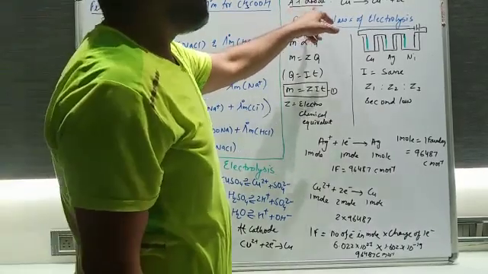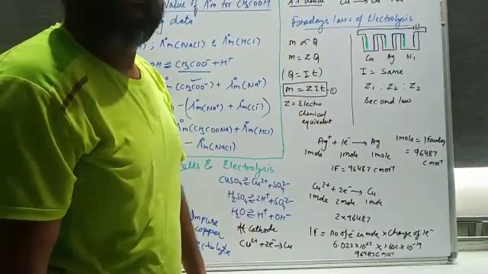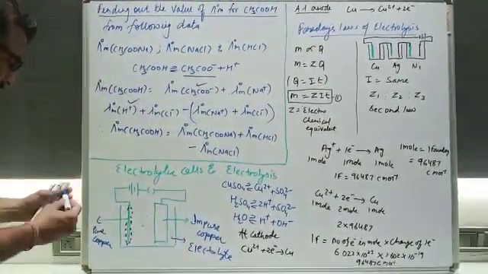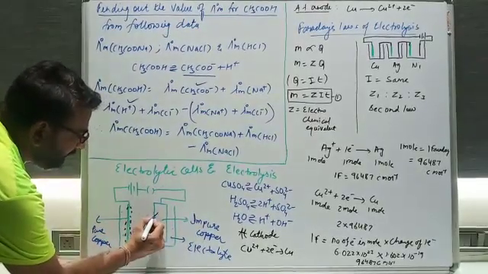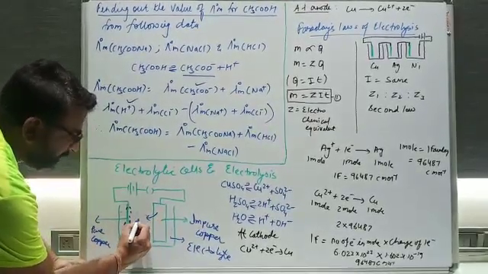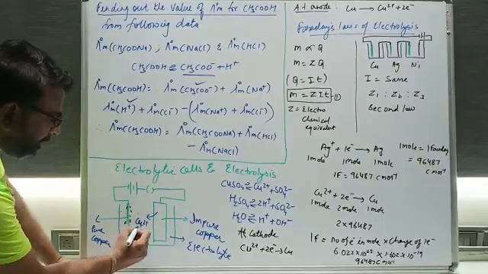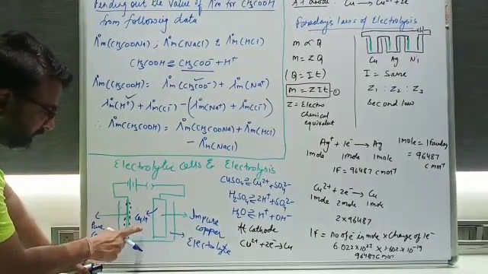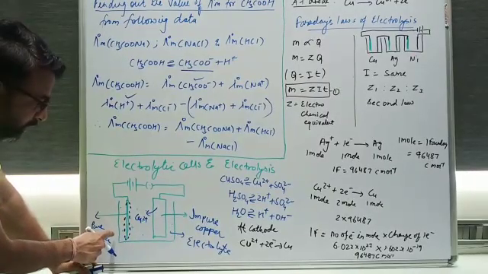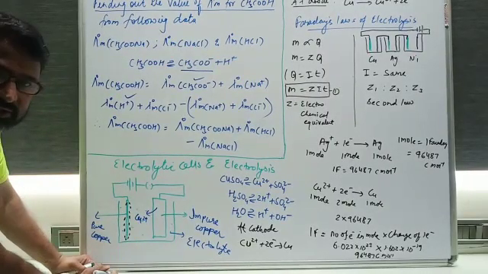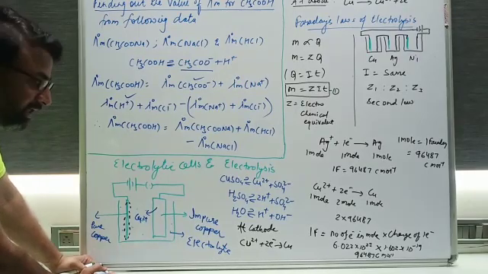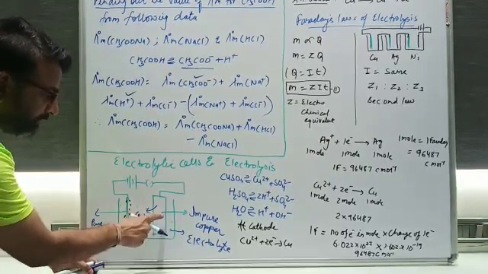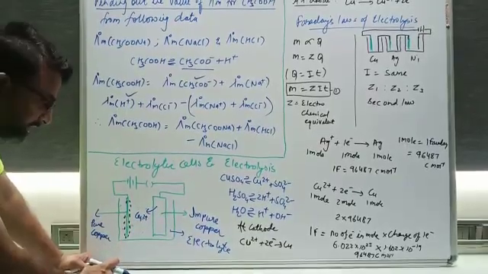So now the same thing: what is the reaction at the anode? So reaction at the anode means what? And here you'll see that this impure copper will come in the form of copper ion. Why will it come in the form of copper ion? Because from the solution the copper ion has been deposited on the cathode. So the solution does not have the copper. The solution needs the copper ion. So the sulfate ion will go to this impure copper and bring the copper ion into the solution.